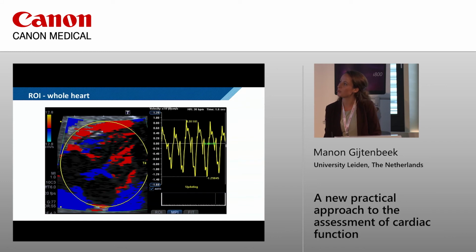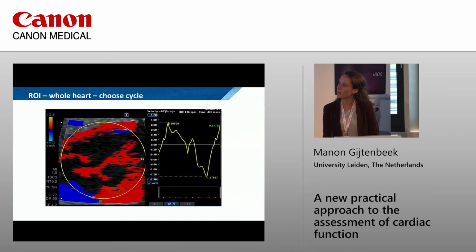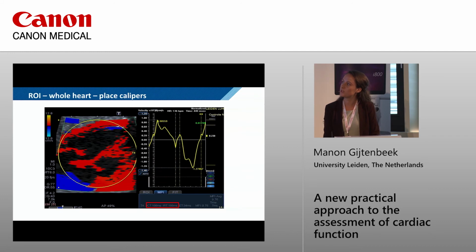Here you see an image with several cardiac cycles. You choose one cardiac cycle, and you see the clear peaks in this curve, and you use these to then calculate the contraction time. This is this, and the relaxation time is this time. You can calculate these times. Here it says it's calculated in MPI, but it's not really MPI because we use these times as